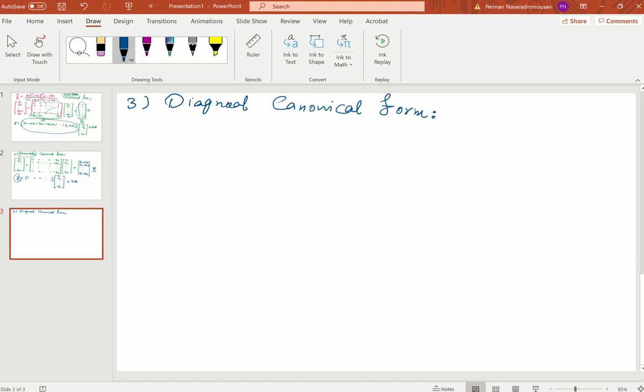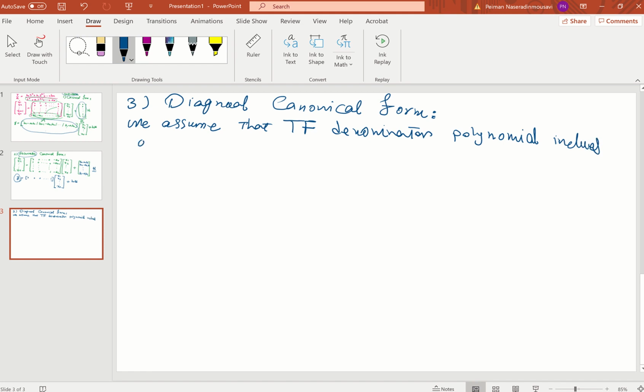So in this form we assume that the transfer function denominator polynomial includes only